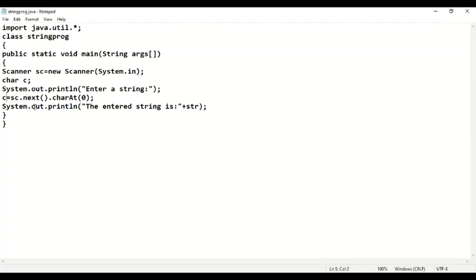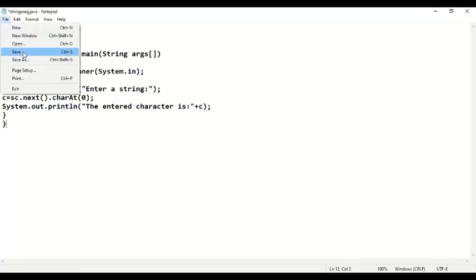Again, the same mistake. I have removed this. The entered character is. How do I enter one character? I have told you how to enter one complete line of text using the next line function. I have told you how to input one string using the next function. Now, how to input one character, that I am telling you. So, c variable use किया है और c में enter कराया है character.